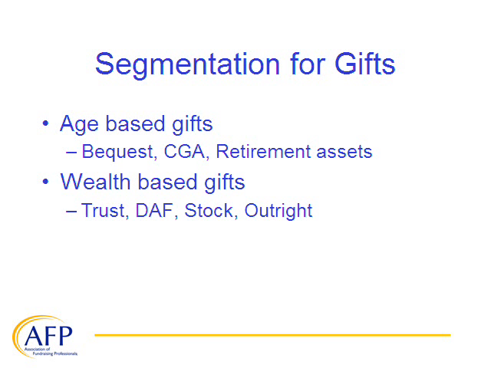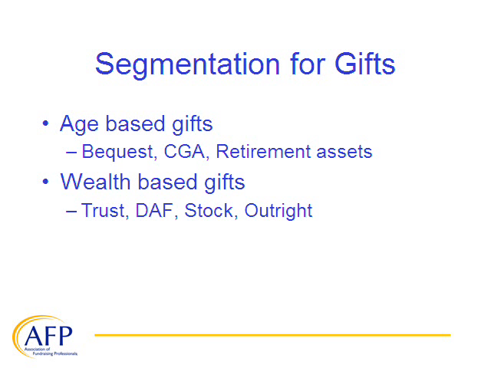I think what you and your annual fund person or your data analyst would want to talk about is what type of gift you are asking for. There's age-based gifts and there's wealth-based gifts. We won't spend a lot of time on age-based gifts today because those are more planned gifts, bequest gifts, charitable gift annuities, and retirement assets, although retirement assets certainly could figure into a major gift. But let's focus on the wealth-based gifts: a trust, a donor-advised fund, a stock gift, or probably what most of us are thinking about today, an outright cash gift.